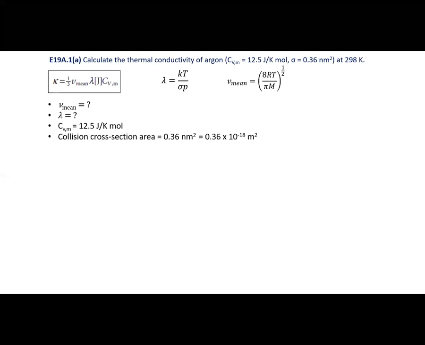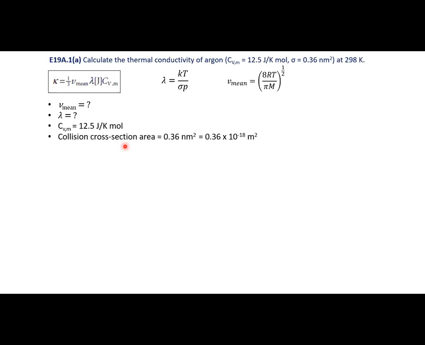We are given C sub Vm and collision cross section, and I converted the nanometers into meters square, basically the SI units. And we know one equation which connects the molar heat capacity at constant volume to the thermal conductivity kappa. But in this equation, we don't know what is sigma and what is nu mean. In our first problem, we substituted these two relations back into kappa, and then we found one